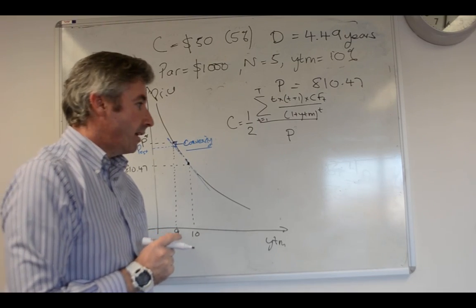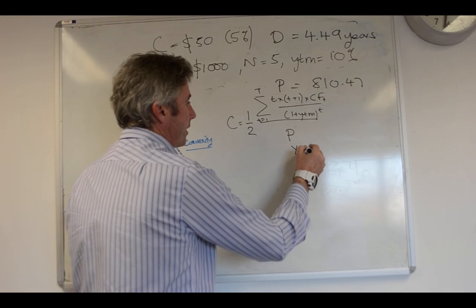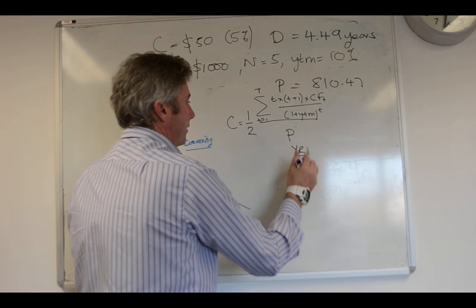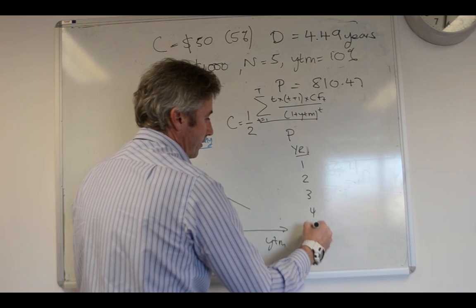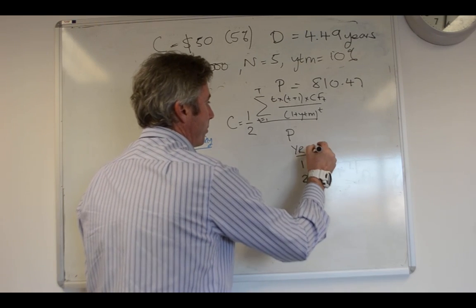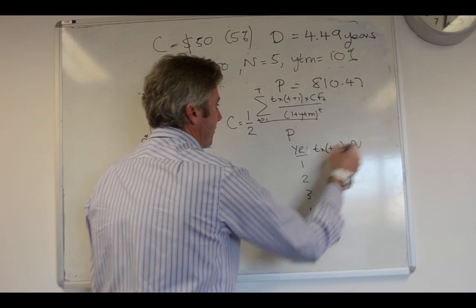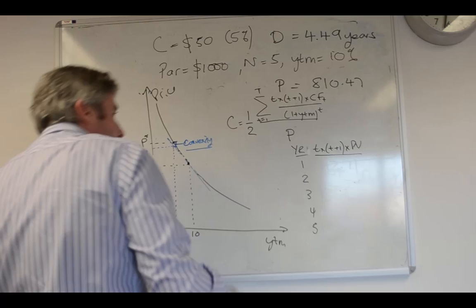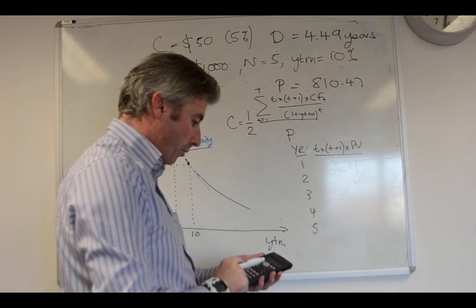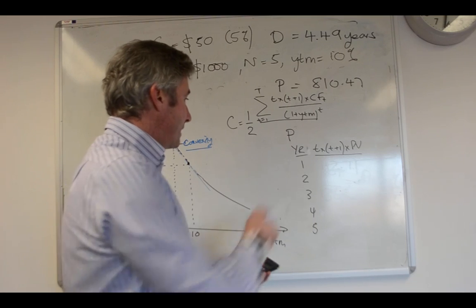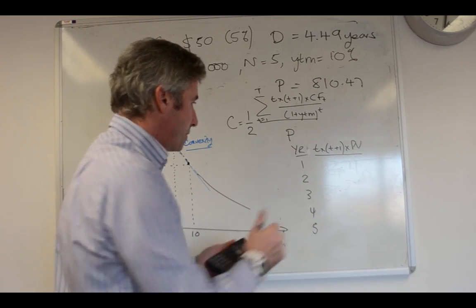So let us calculate that. Unfortunately, we've rubbed off the calculations that we've had before, so we'll just quickly undertake those calculations again. So I'll work out t times by t plus 1 times by the present value. So I'll just grab my calculator. So the first cash flow was a 50, so 50 divided by 1.1 times by t, which is 1, times by t plus 1, which is 2, so we get a